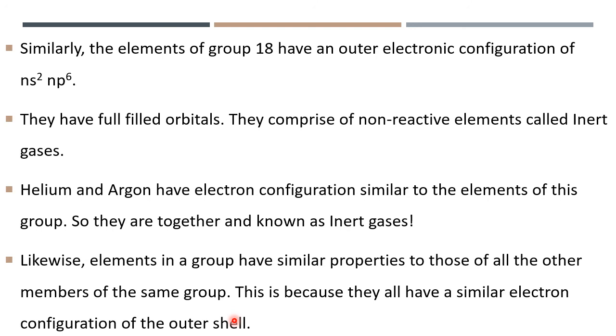Thank you, my dear boys. After understanding the modern periodic law and the modern periodic table, in our next class we will discuss trends on the modern periodic table. What trends are there when you move from left to right, and from top to bottom? Trend in size, trend in radius, trend in electron-giving capacity. All those trends we will discuss in our next class. Thank you.